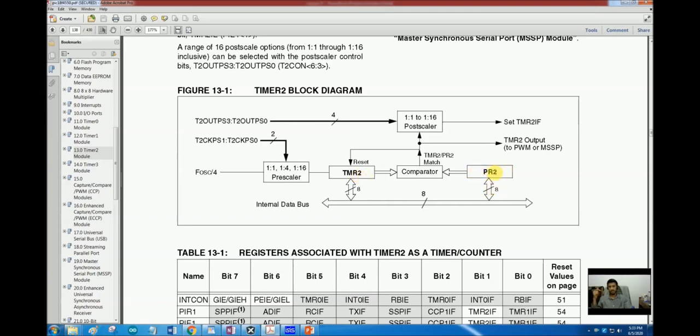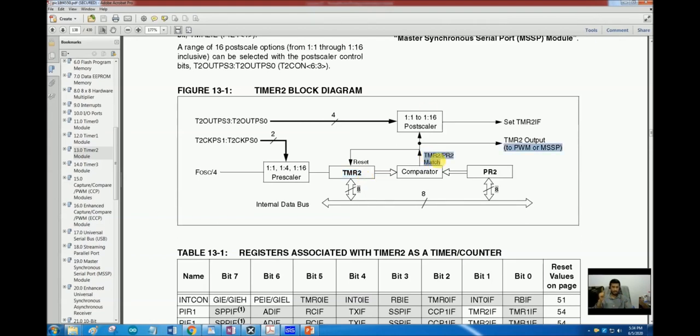So if we preload this value with 100, as soon as the value of timer 2 reaches the value of PR2 that was preloaded with 100, the comparator block will set a signal of 1.